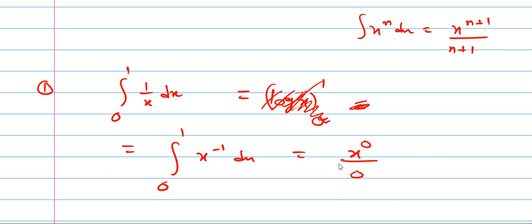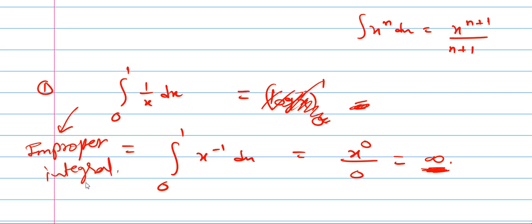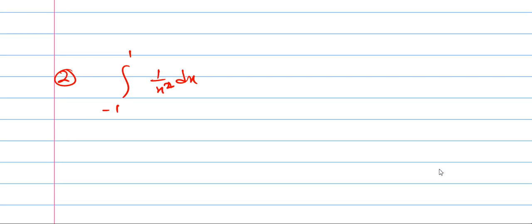So it is infinity, or log x has derivative 1 by x. So use the general formula, so it is becoming infinity. You please verify this. Log x has derivative 1 by x, or 1 by x integration is log x. You please verify this. So if I use the general formula, the answer is infinity. So this is nothing but an improper integral, because the value of the integration is infinity.